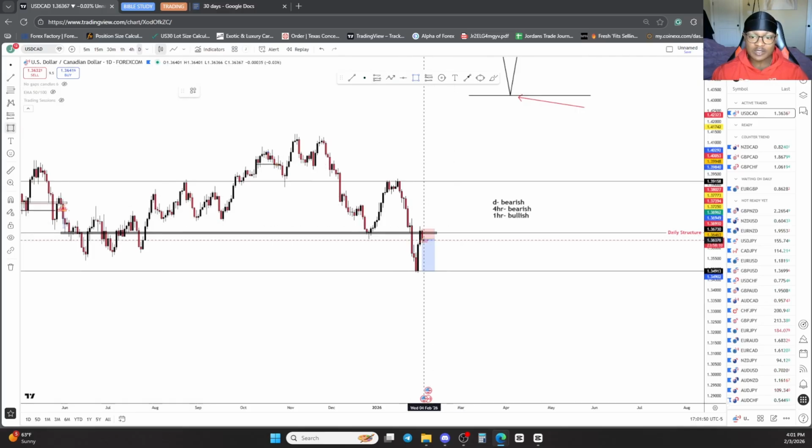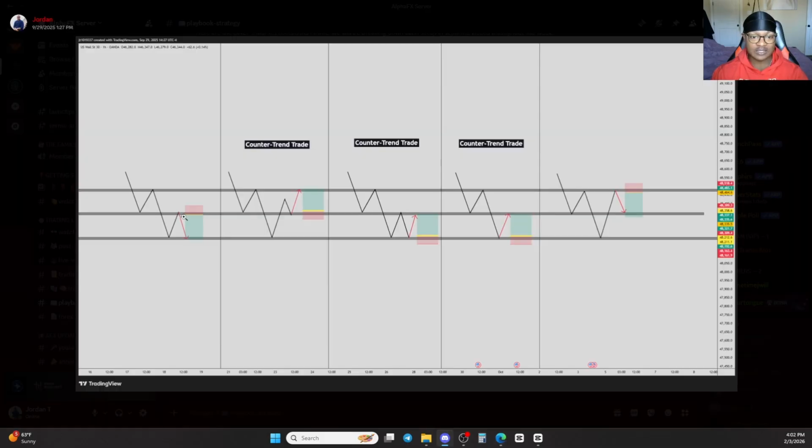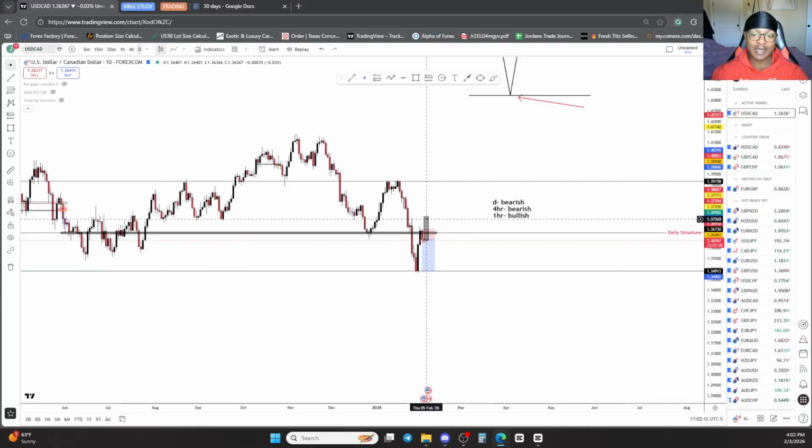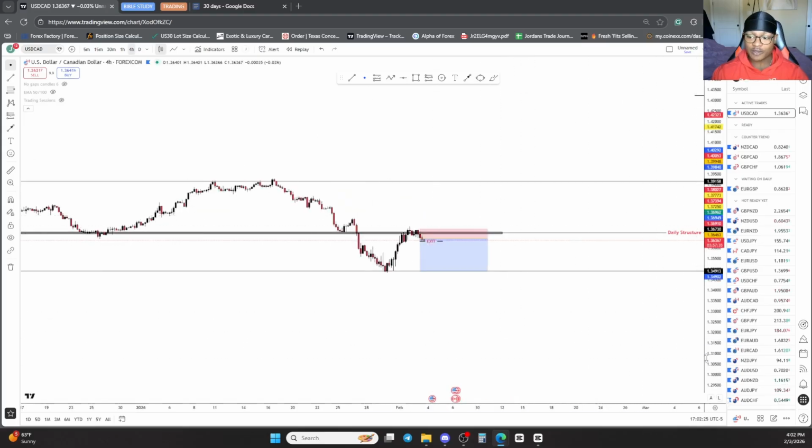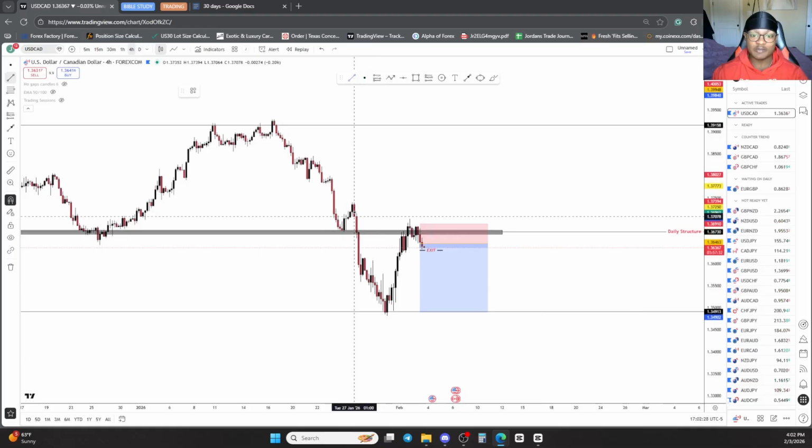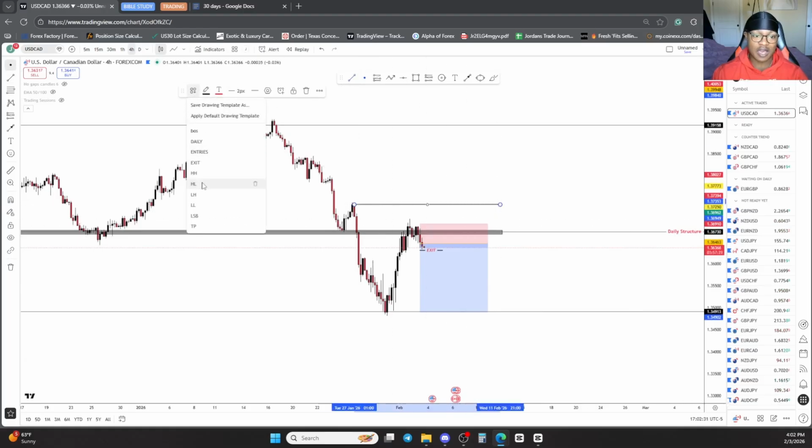We could possibly see a bullish candle get formed, like so, getting back above my daily structure point. If we're above this floor slash ceiling, this is now a possible counter trend scenario where we look to use this floor as the floor again, because price has recently got back above this point. I will look for price to pull back down on the lower time frames, because if the daily time frame closes with this bullish candle, my 4-hour time frame will possibly give me a break past this lower high structure.